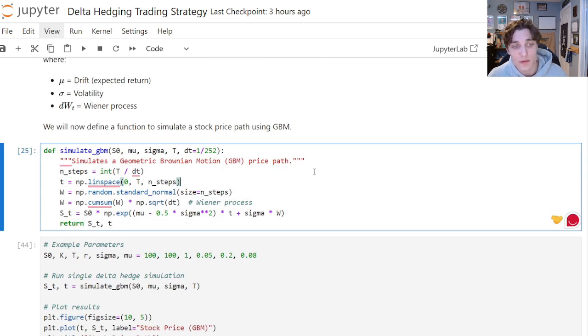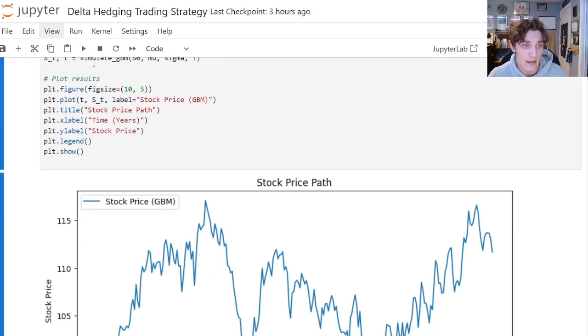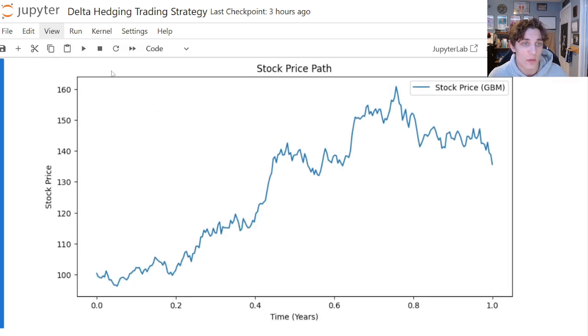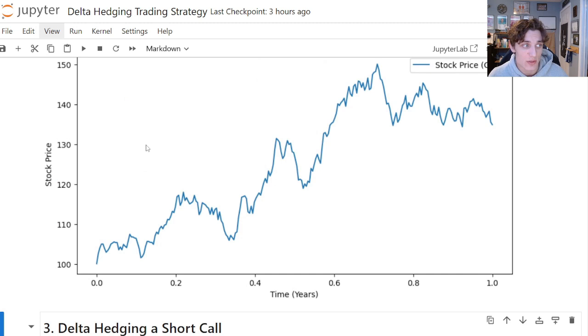I have written a function here to simulate a geometric Brownian motion. In my Python library QFin, I also have this capability, so you can just import the process itself and simulate it if you would like to do it that way. And every time we run this, we will get a different path according to the process that is assumed